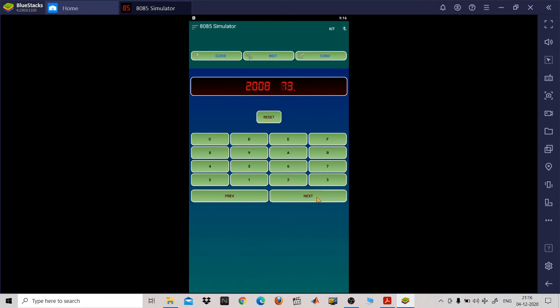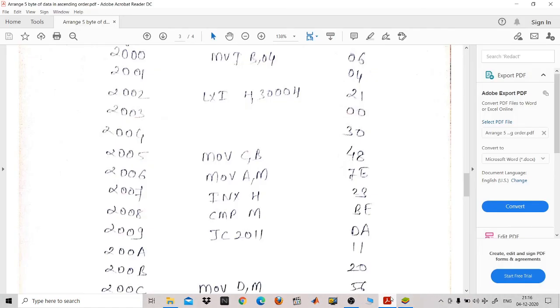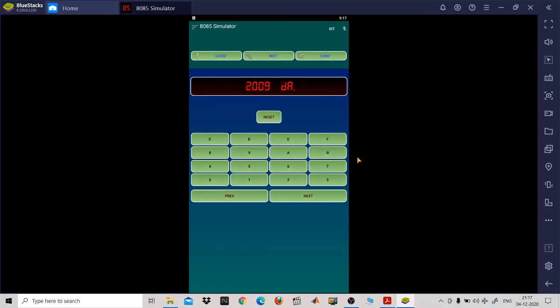Then BE, then DA. Then at 2009, 11, then 20.